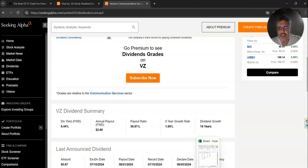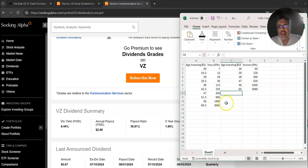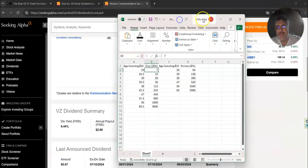But if we take a look at just a simple table that I put together here, let's say you're a 20-year-old investor and you cobble together $1,000 and you invest it into Visa with, we'll say, a 16% just conservatively annual rate of return with dividends reinvested along the way, versus Verizon with an 8% annual return rate, again with dividends reinvested along the way. Well, at age 20, if you put your $1,000 into Visa, which I think is a much better idea than something like Verizon, let's just say, then